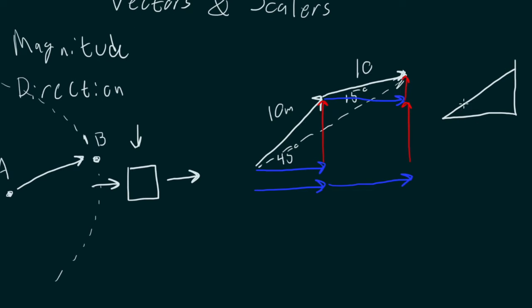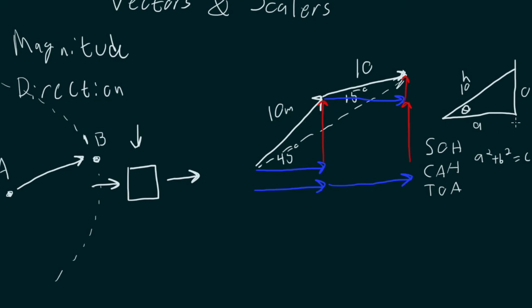So I can say that this is my hypotenuse. This is going to be my adjacent side, and this is going to be my opposite side. And this is the angle I'm working with. My 10 meters, that is my hypotenuse. That's the amount of my hypotenuse. So I need to remember SOHCAHTOA. And I need to remember the Pythagorean theorem: a squared plus b squared equals c squared. These will come in extremely handy when we work with direction.